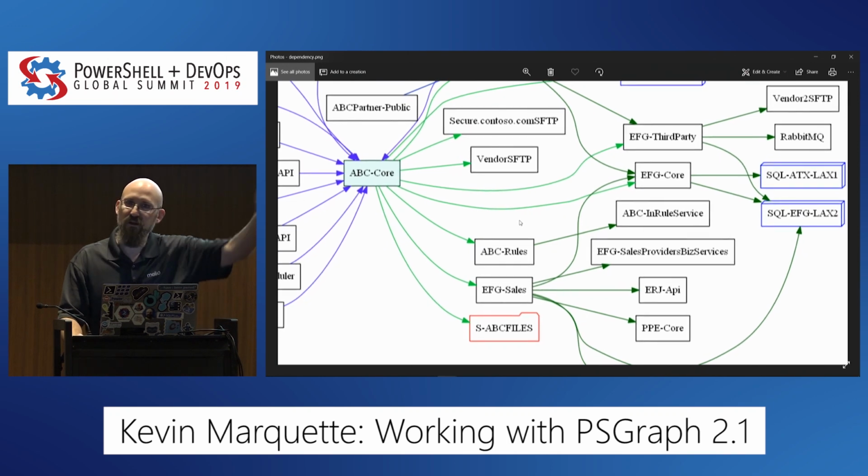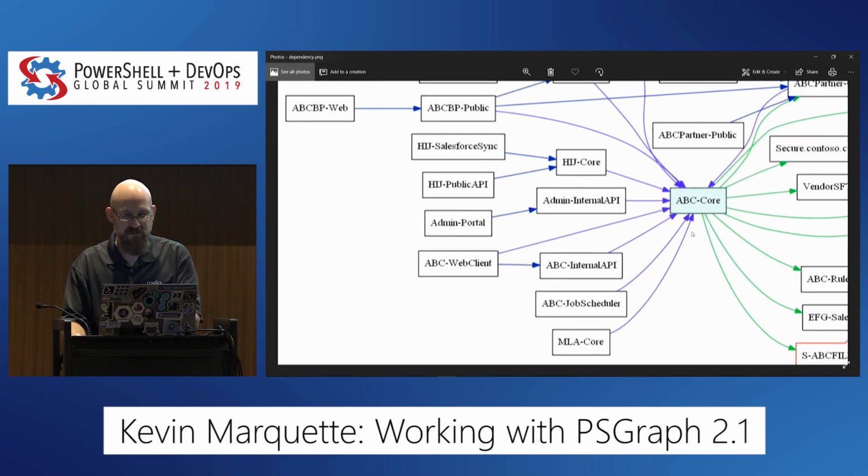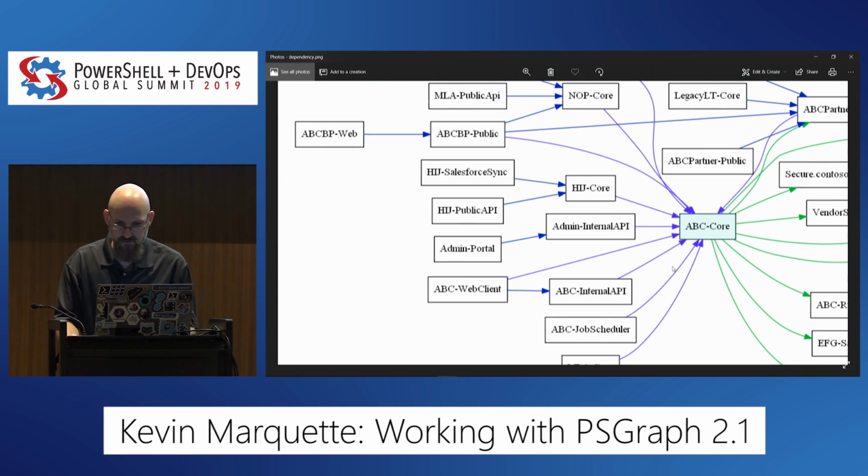And I can go the other way, to see who depends on the service. Like if this guy's down, who am I going to impact upstream? This admin portal or this NOP core thing. Now, this is all normalized, so I don't know what these things really are, but